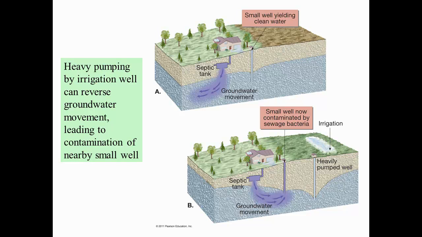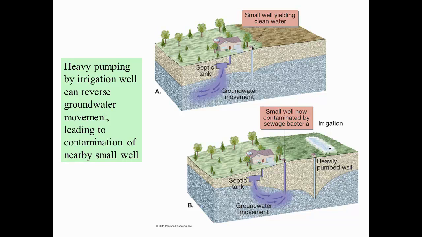Now here's an example of heavy pumping by an irrigation well, which reverses the groundwater movement, leading to contamination of a nearby small well. In the upper block diagram, figure A, we start out with a shallow well that's pumping clean water, and that's because the leaky septic tank, although it's contaminating the groundwater, the flow is away from the well, and so it does not affect the well in